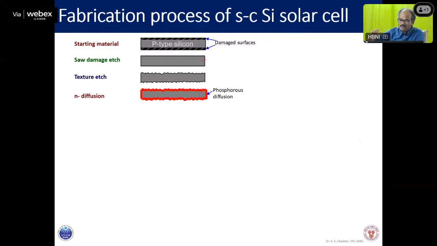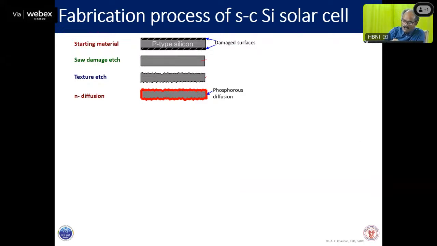Let us imagine in this way, phosphorus is being absorbed on the entire surface. So phosphorus will be absorbed from all sides, and suppose this red area becomes the phosphorus doped silicon,